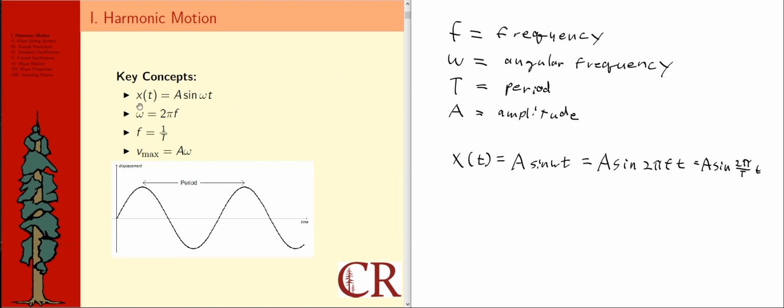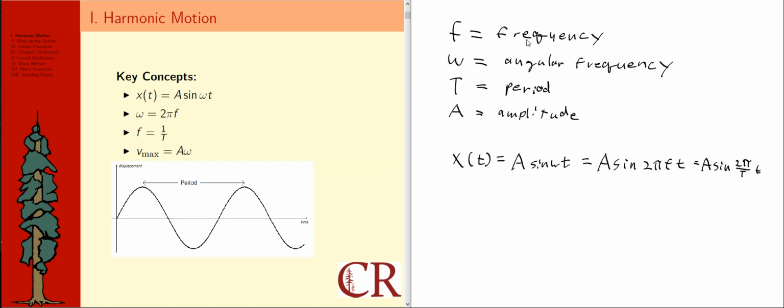I have a function here on the key concept slide. x of t is equal to A sine omega t. So that thing that looks like a w is omega. We've seen omega before as either an angular velocity or maybe angular frequency when we looked at rotations. In this case, it really is just an angular frequency. There's nothing really rotating in harmonic motion, so angular frequency is the more appropriate term,